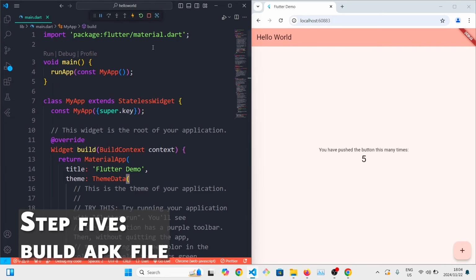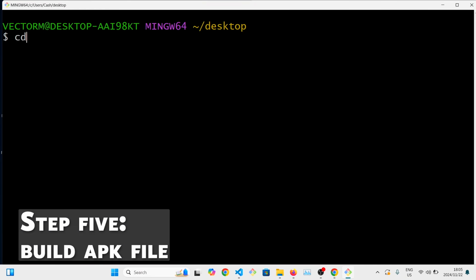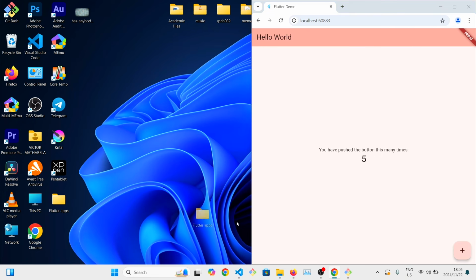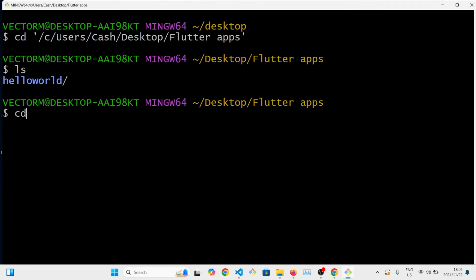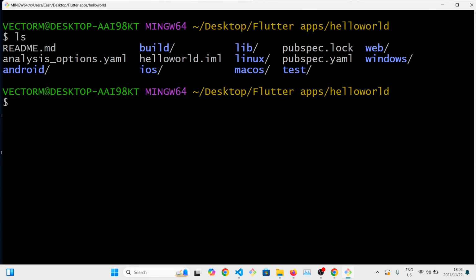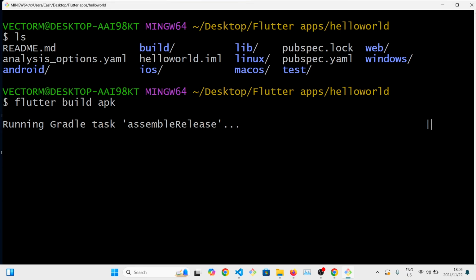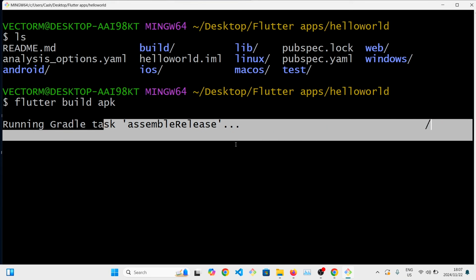And finally, to build your APK, you'll need to go back and open git bash, then navigate to your app's directory using the cd command. As you can see, all the files for my project are here. To compile your APK, you need to run the command flutter build apk, and it will start compiling your code